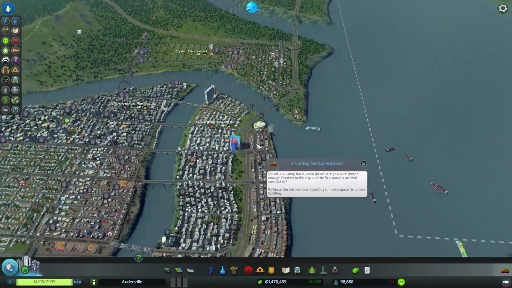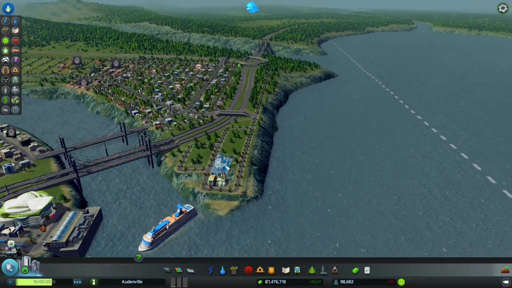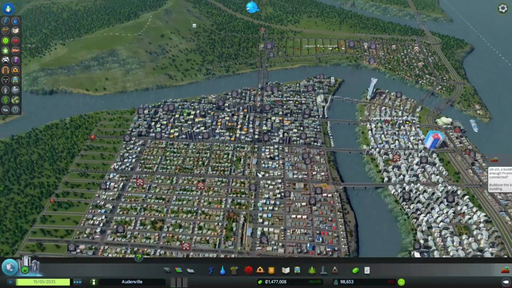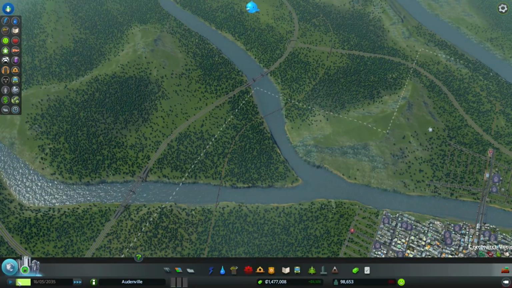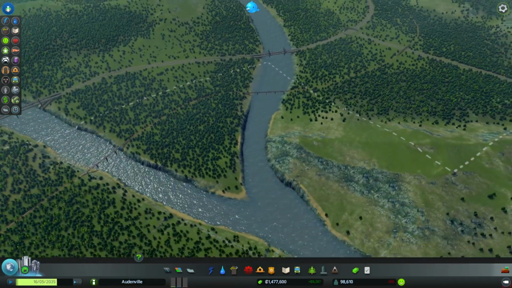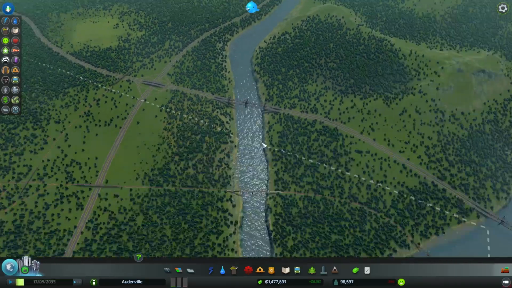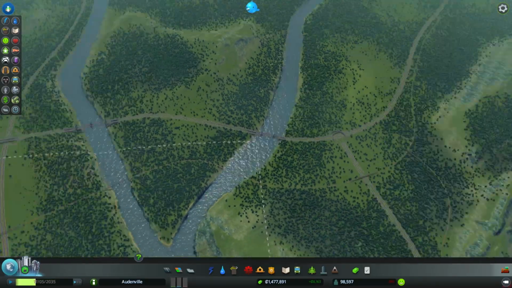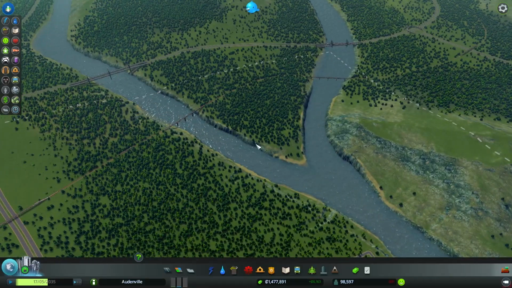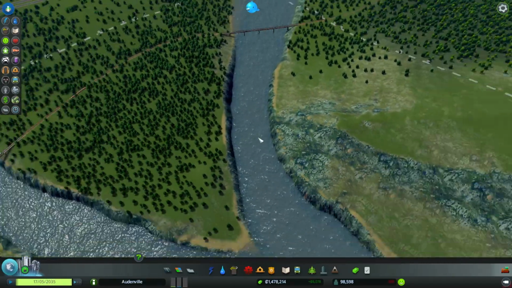Then I guess... I wonder how expensive just keeping these buildings running is. I should actually just build the dam right now. Let me slow down the game a bit. Okay, so we want to build a dam. I can't see the rest of the map, so I'm not sure which part. I guess right here, because...